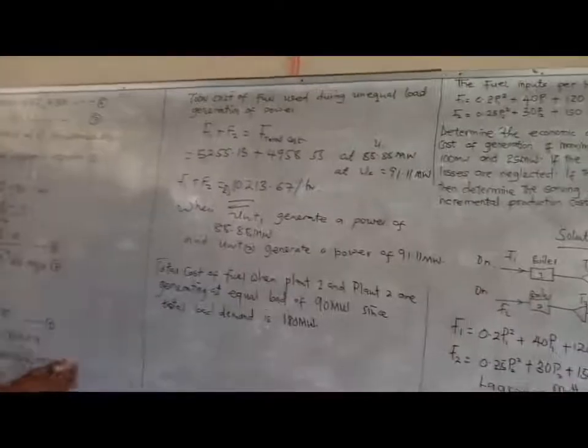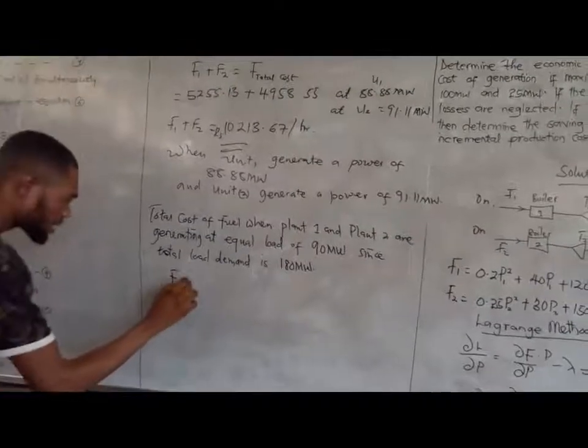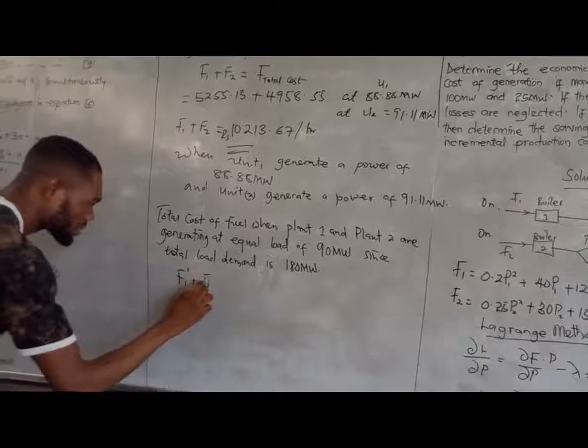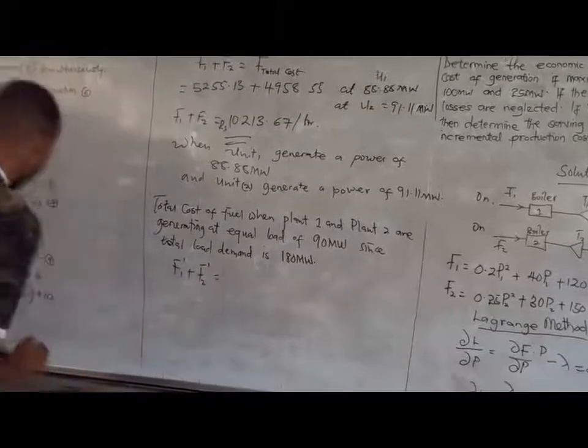So it means that F1 prime plus F2 prime equals